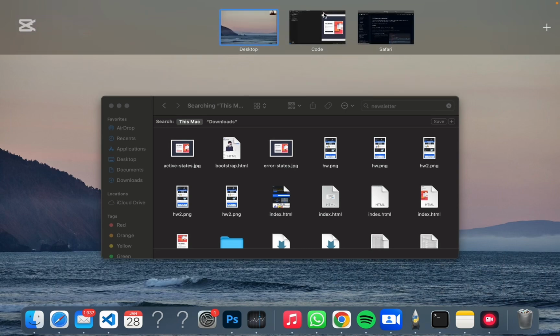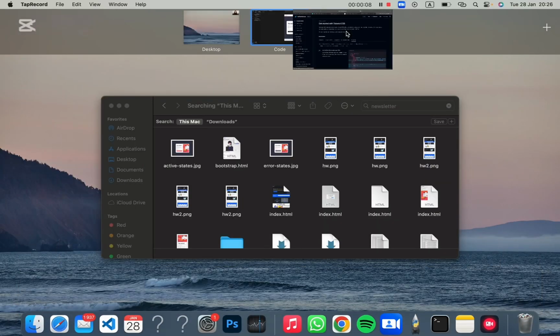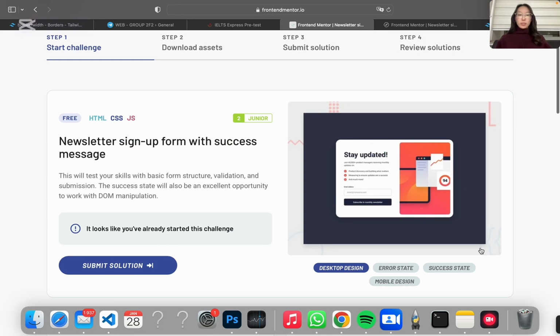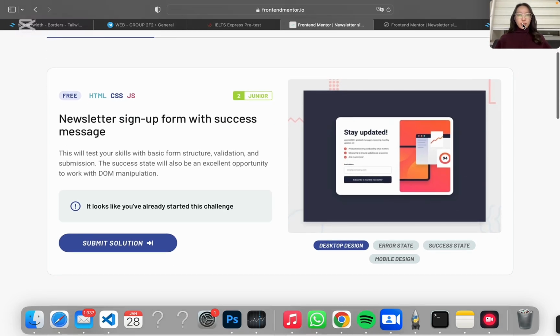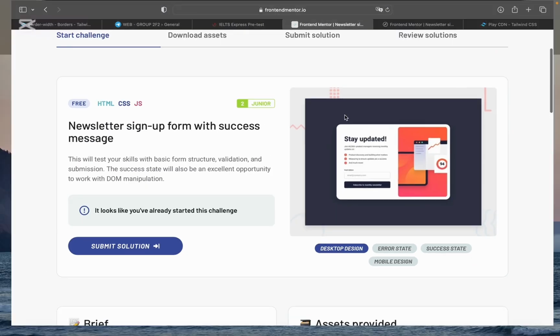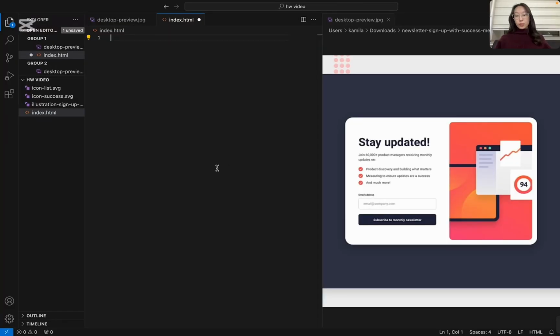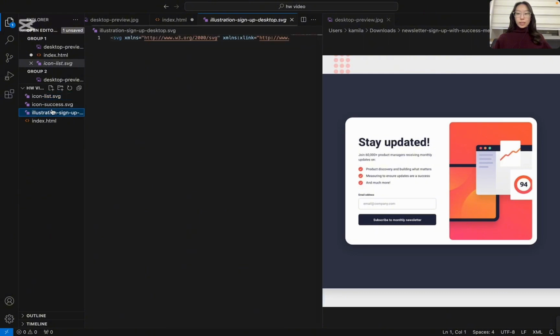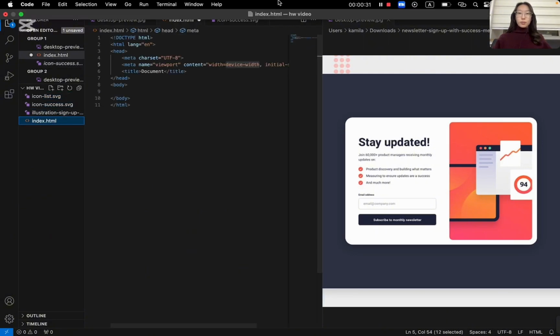And today we're going to make a website from Frontend Mentor, which is going to be this website. I already downloaded the assets, and now we're going to make this website in Visual Studio Code. So first of all, as you know, we're going to open an HTML file, and I also put the links of the illustrations and PNG files